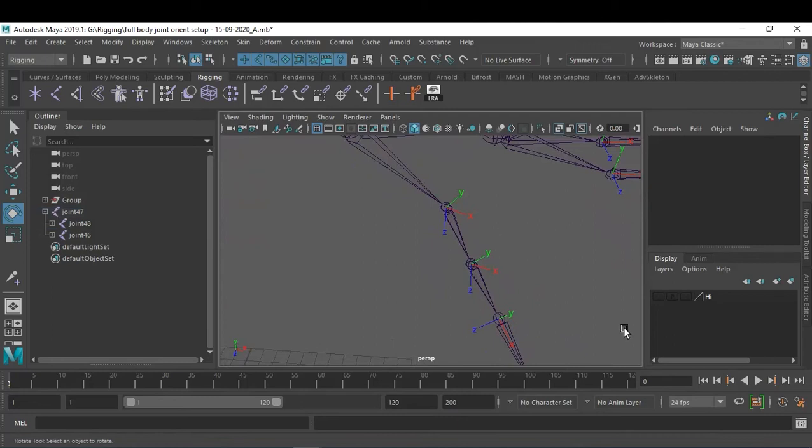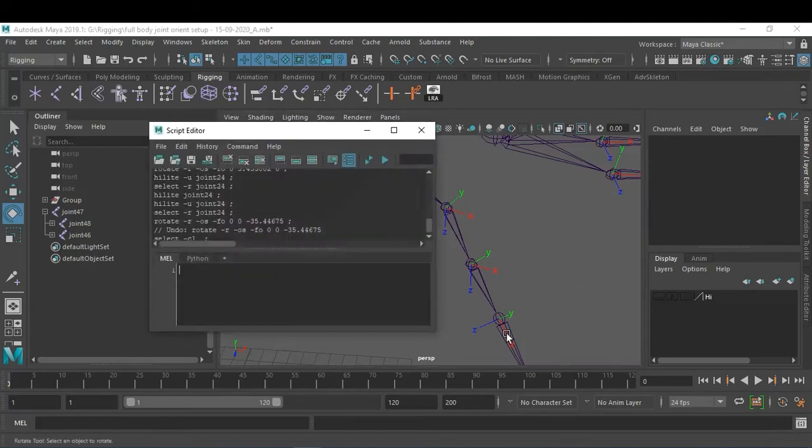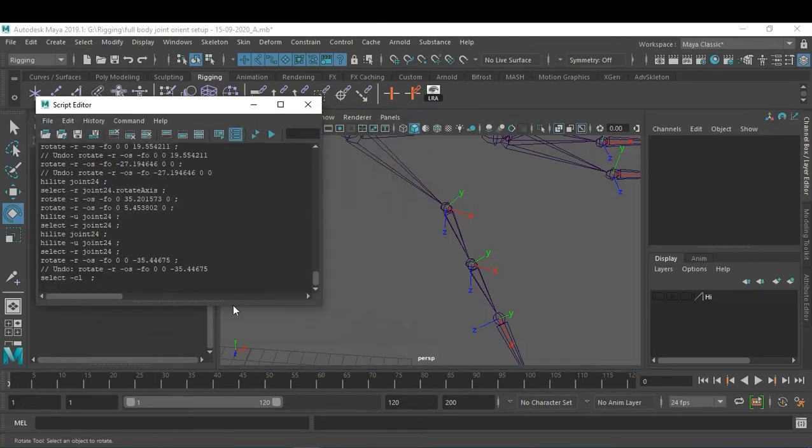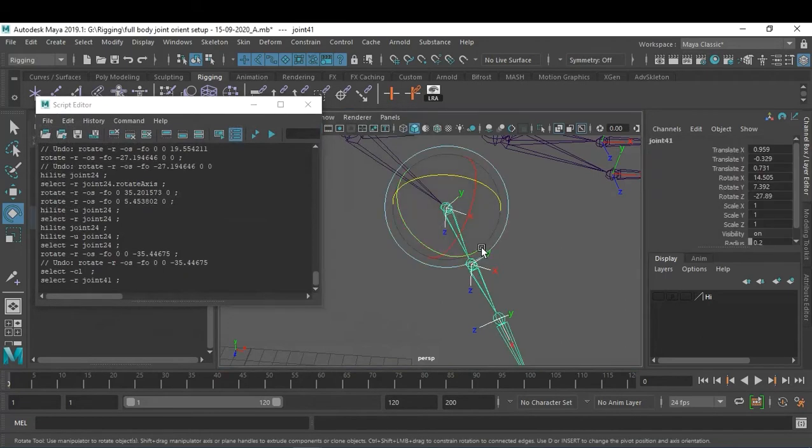So what I'm going to do now is activate my script editor, and I just want to see what is happening over here. I've activated my script editor, and now I want to change this particular joint axis.